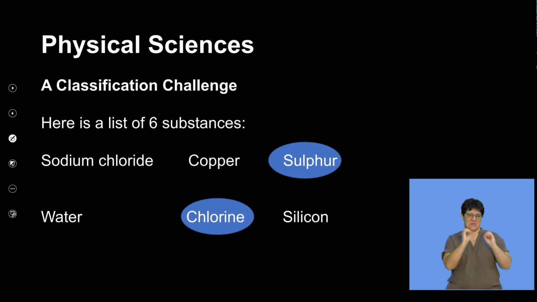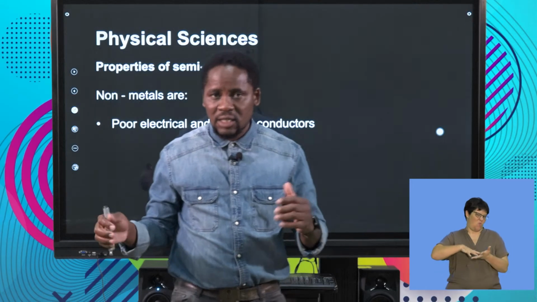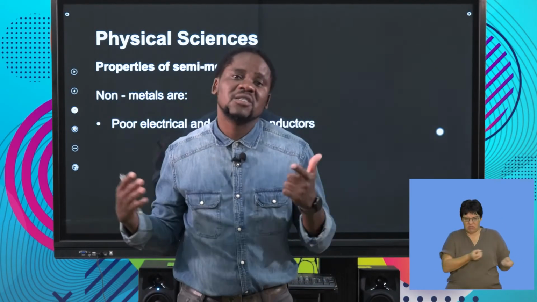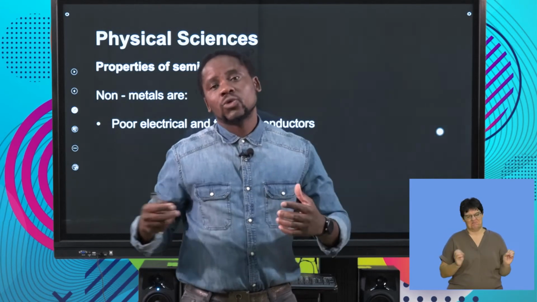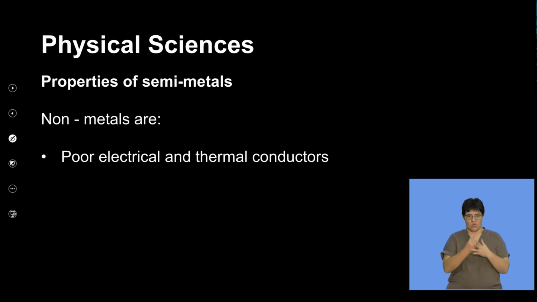And then we would also say that in terms of classification, non-metals would occur on the further right end of the periodic table of elements. Let's look at what's so special about non-metals. Something that stands out about them is that they are both poor electrical as well as thermal conductors. So most non-metals do not conduct electricity and they do not transfer heat energy easily. So they are good insulators, both thermal as well as electrical. That's what is so special about